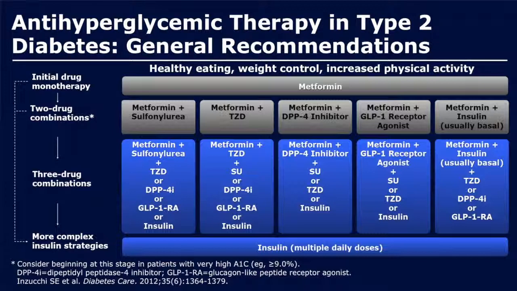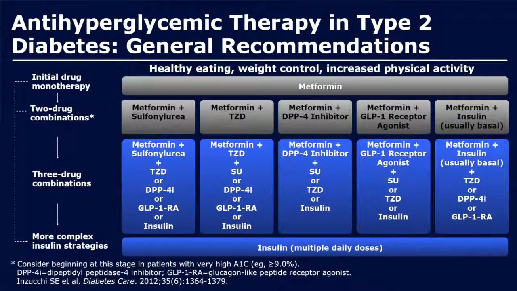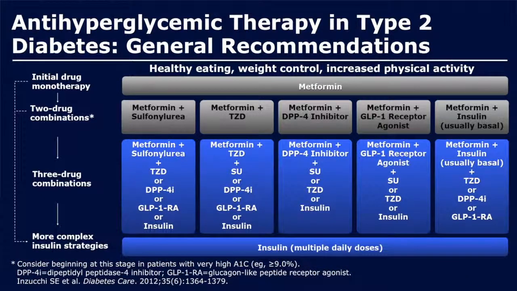In cases where the patient is intolerant of metformin or if metformin is contraindicated, initial treatment should be selected from other classes of drugs with consideration of 3 drug combinations. Although patients may eventually require complex insulin strategies, basal insulin should be attempted first. In patients with severe hyperglycemia from onset, a more rapid progression from 2 drug combinations to complex insulin is an